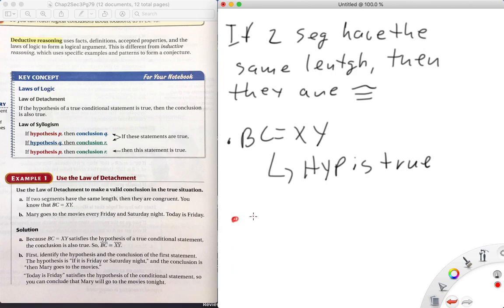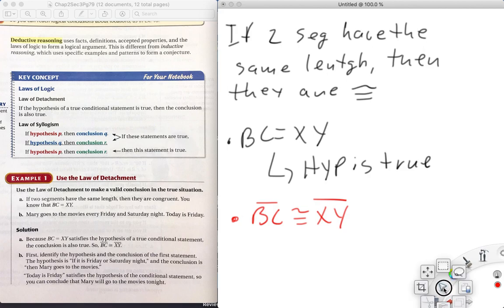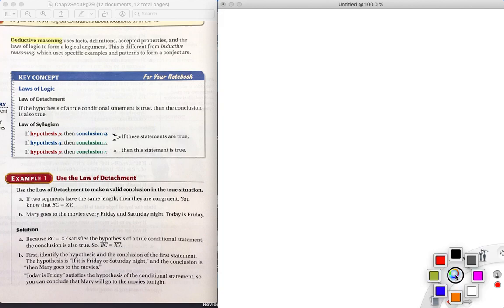Then I can say that if the hypothesis is true, then the conclusion is true, so BC is congruent to XY. Why? Because I know that they're equal, and the conditional says that if they're equal, then they are congruent. Law of detachment. It helps us move along in our formal arguments with proof: if we know one thing is true, then we